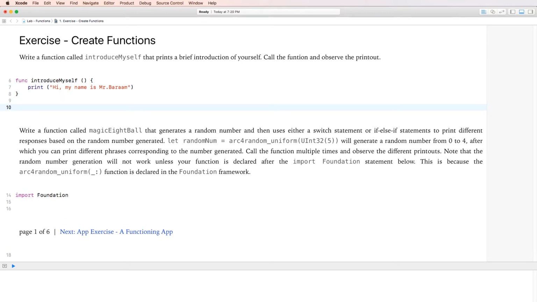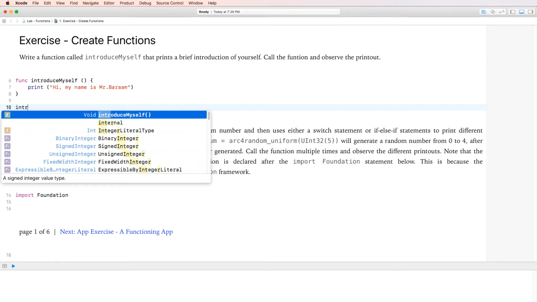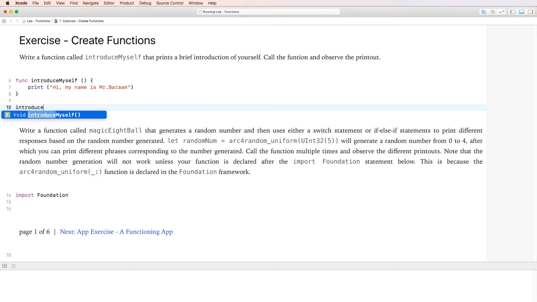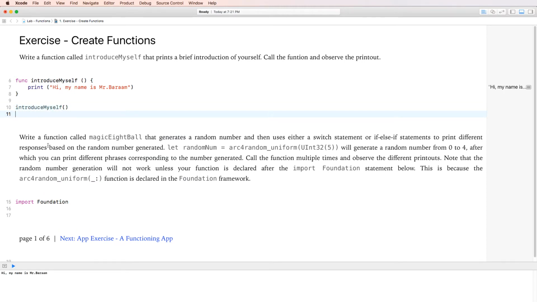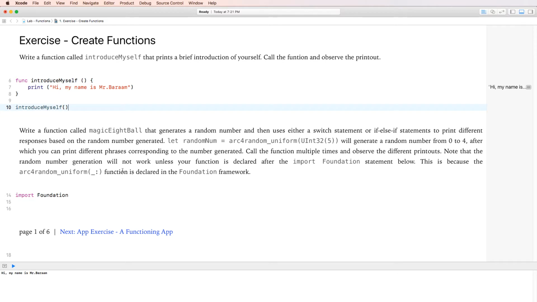So now I've created a function that prints out hi, my name is Mr. Baram. To call up the function, I simply write the name of the function, introduce myself. And once I call it out, it should print out at the bottom here, my name is Mr. Baram. Okay, perfect. Okay, the second thing that we have to do here is